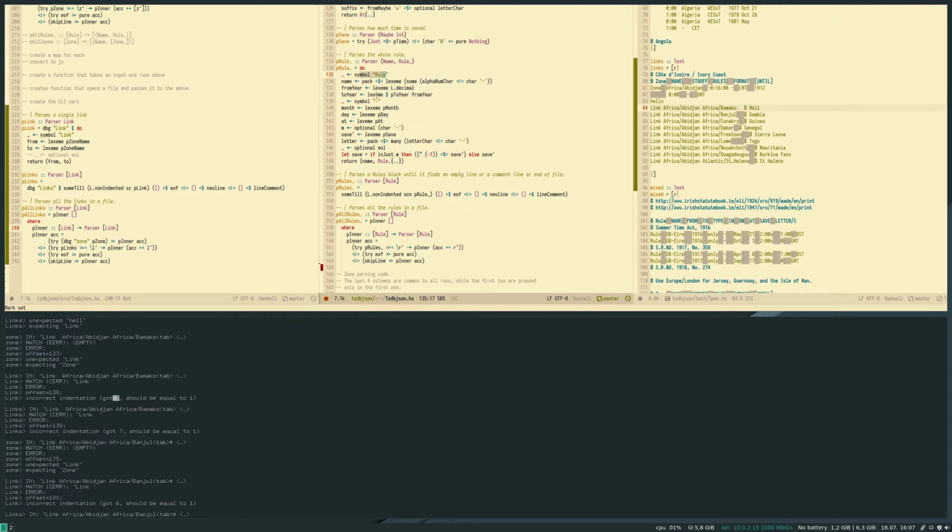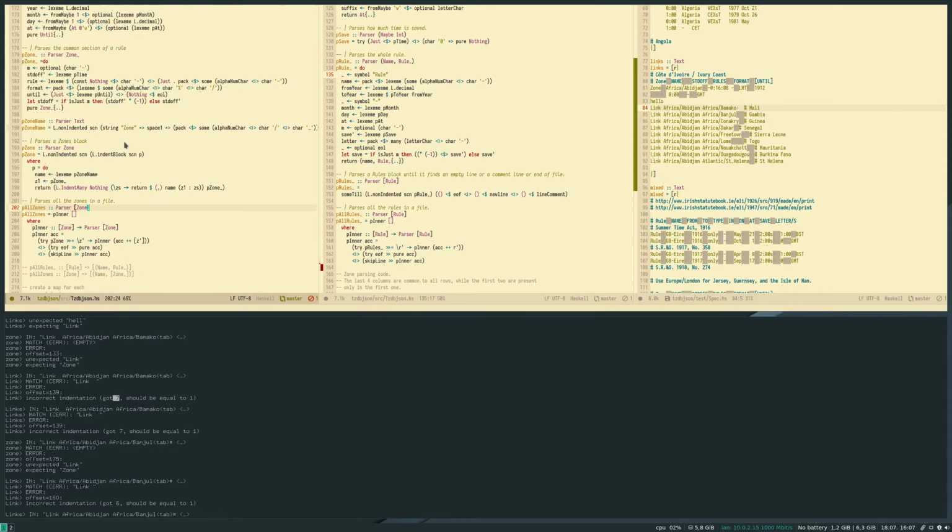Symbol rule, symbol link, and then it's from, which is like sim pid zone name. Very weird. Very weird. What's pid zone name? Oh, of course.